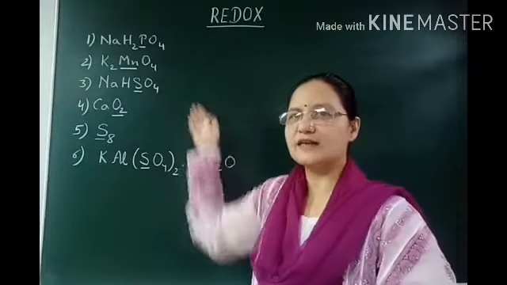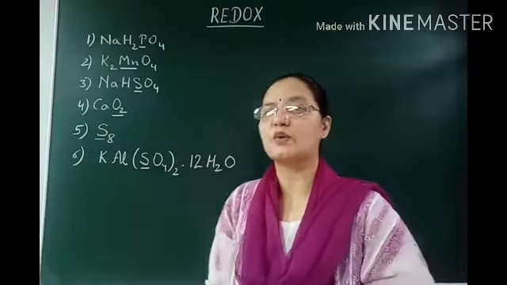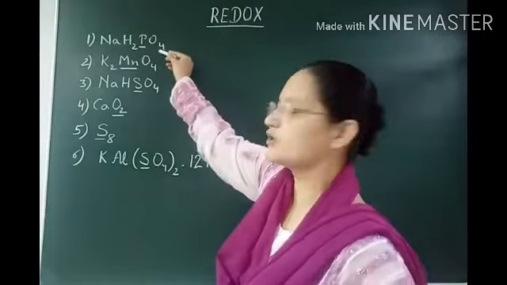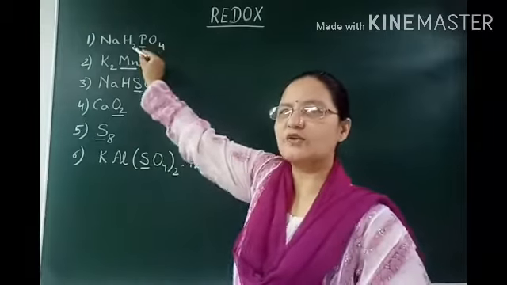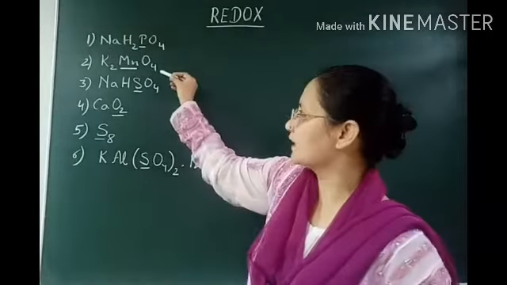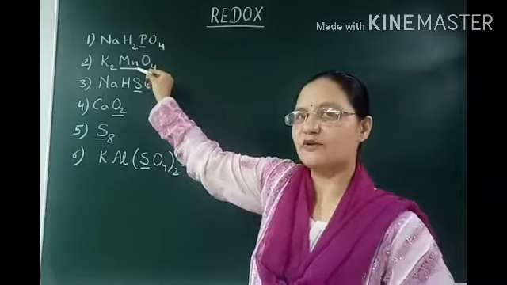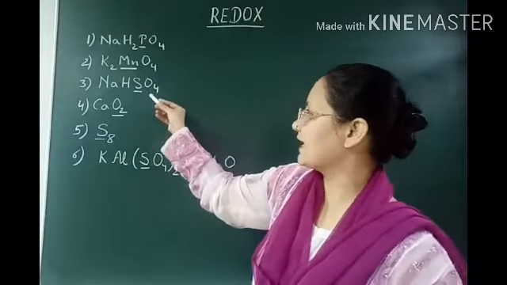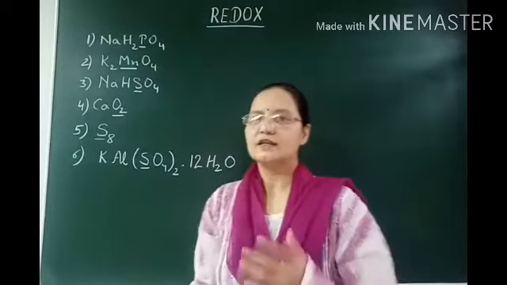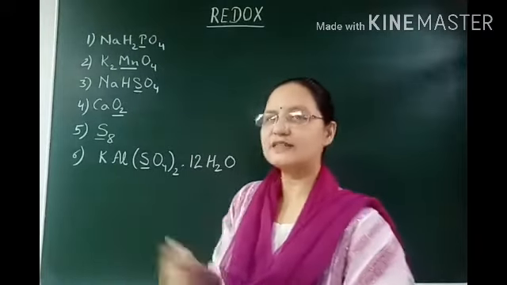Here are a few examples for which we have to calculate oxidation states. Like in NaH2PO4, we have to calculate the oxidation state for phosphorus. In K2MnO4, we have to calculate for manganese. In NaHSO4, we have to calculate for sulfur, and so on. Now let us start with the first example,